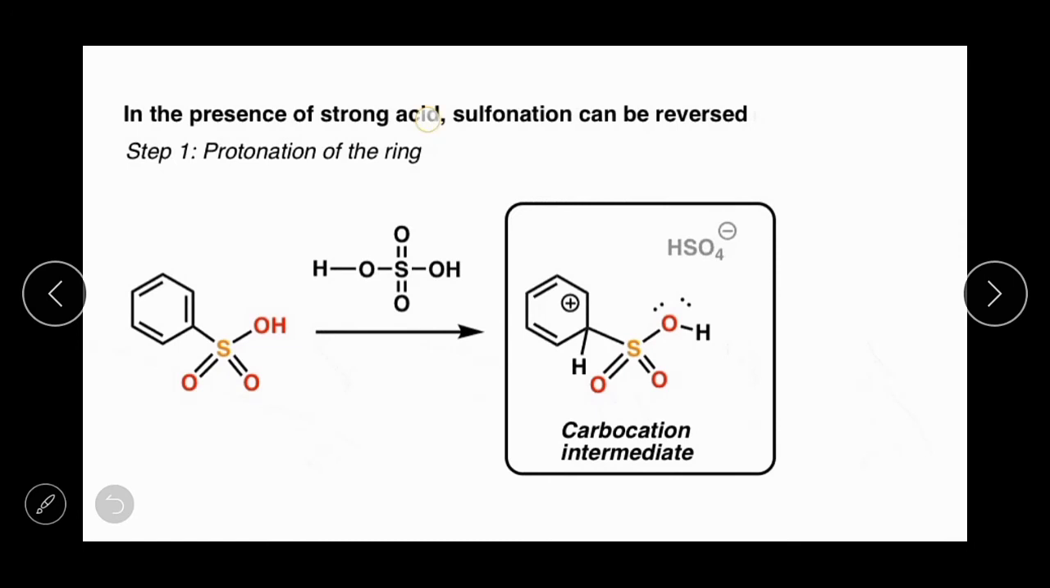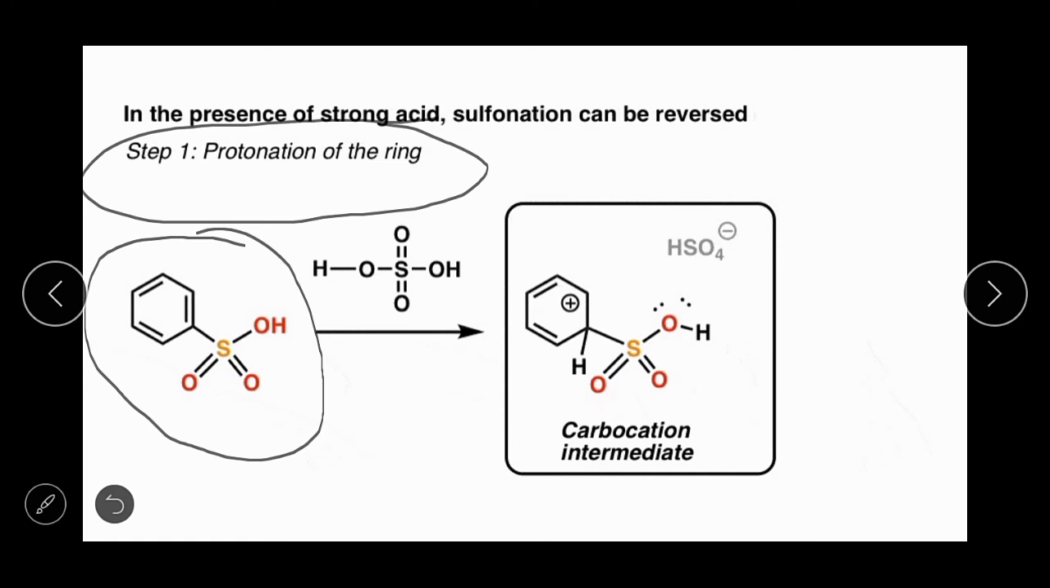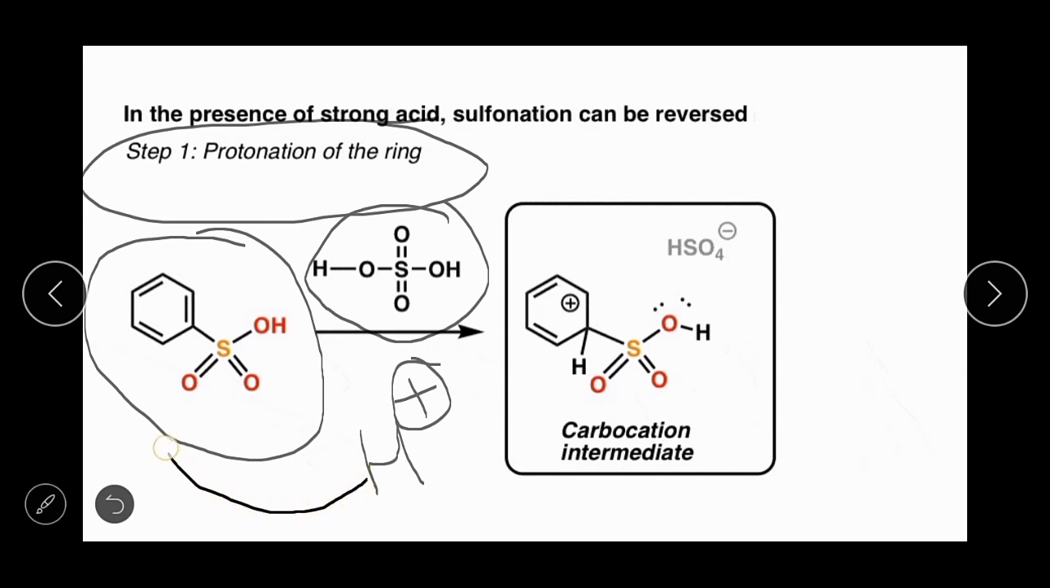So guys, reversibility of sulphonation has 2 steps. First step is protonation of the ring, that is addition of H plus ion to the ring. So you can see this benzene sulfonic acid over here, and this H2SO4 over here. Now this H2SO4 will get ionized and liberate H plus ion. Now this H plus ion, which is acting as electrophile, will attack